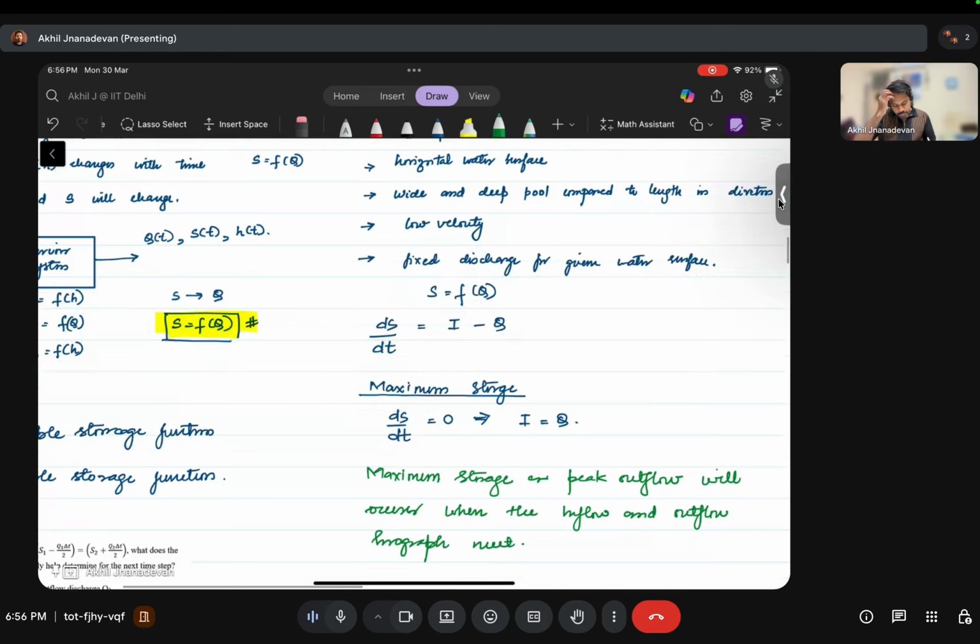That is, here the relation S is equal to F of Q is a